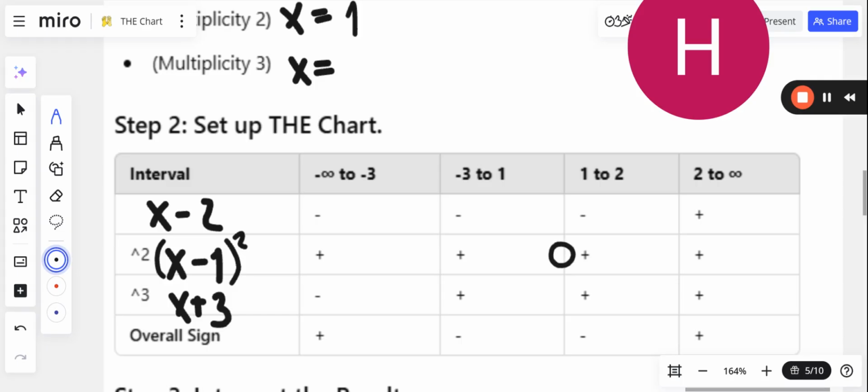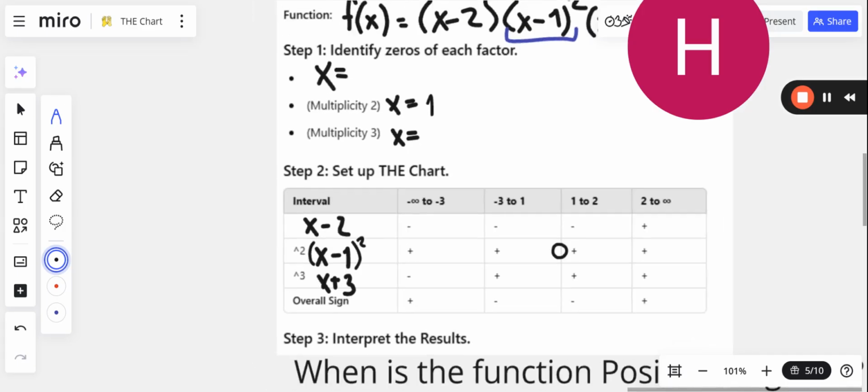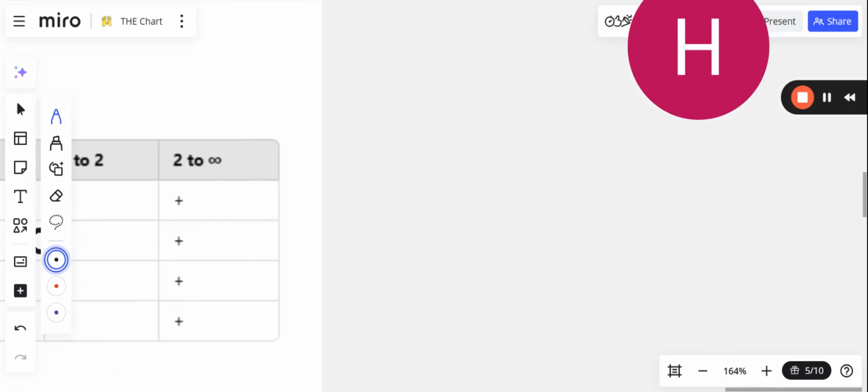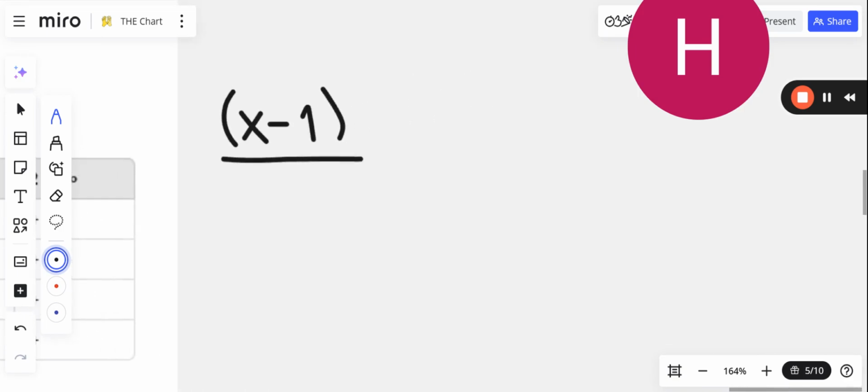However, it's not going to equal negative on the left. It's going to be positive on the left and the right. Do you understand why? Because x minus 1 squared, if I break this into two separate factors, if I graph x minus 1 and x minus 1,